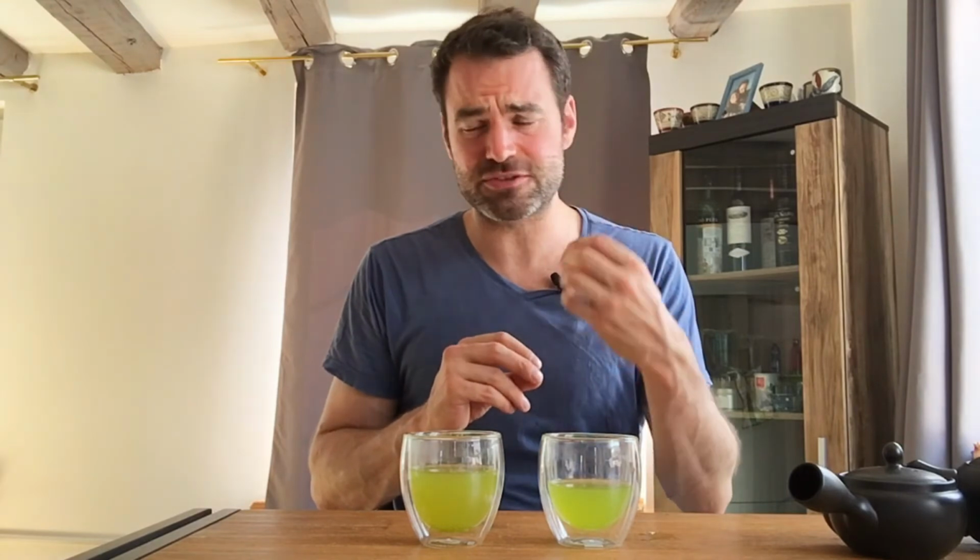So here you get a little bit of astringency mixing in, but we still get this kind of edamame flavors, fresh baby spinach, and banana peel. Yeah, it stays super similar, this tea, actually, from the first to the second. The only change is that it gets a little bit fresher, a little bit more intense in the fresher notes. And here with the 2020,